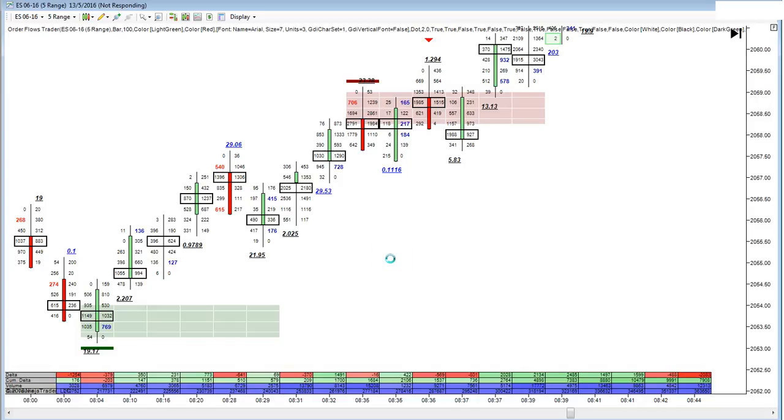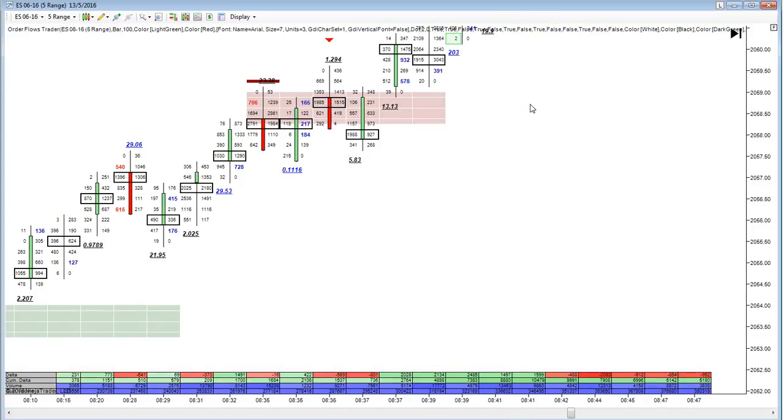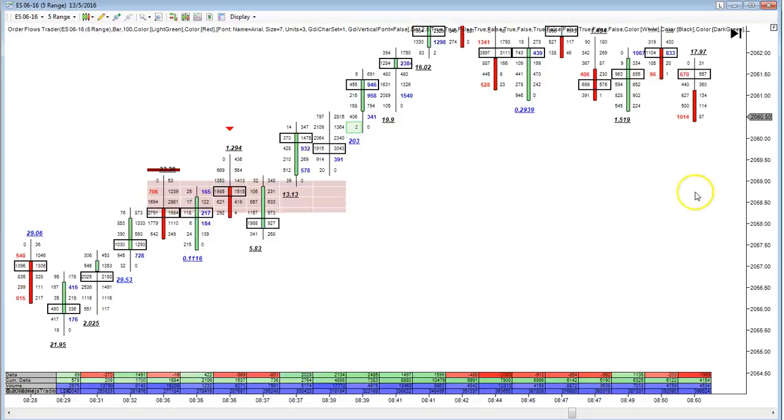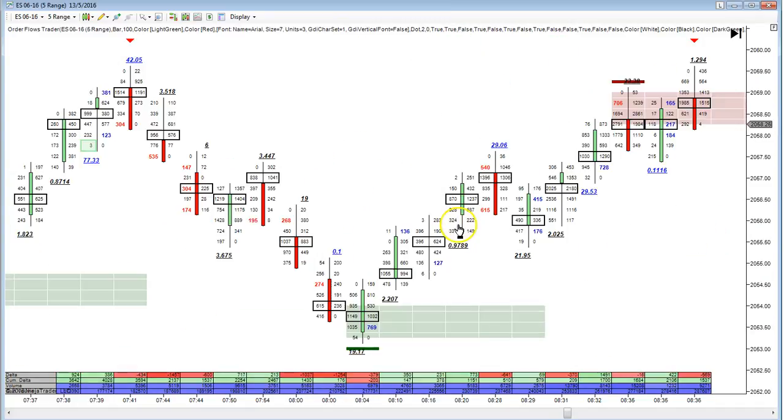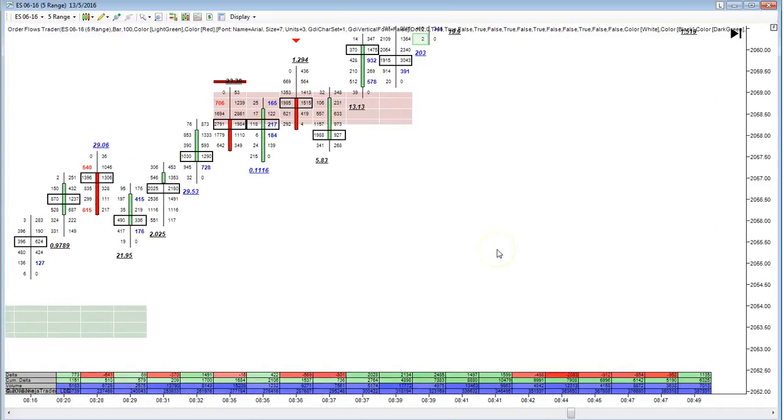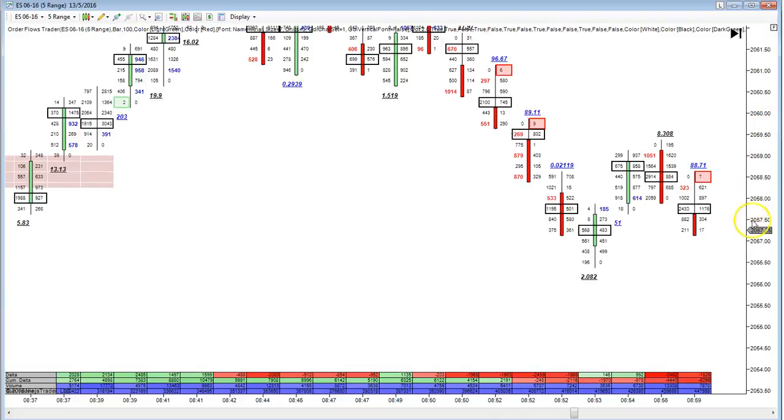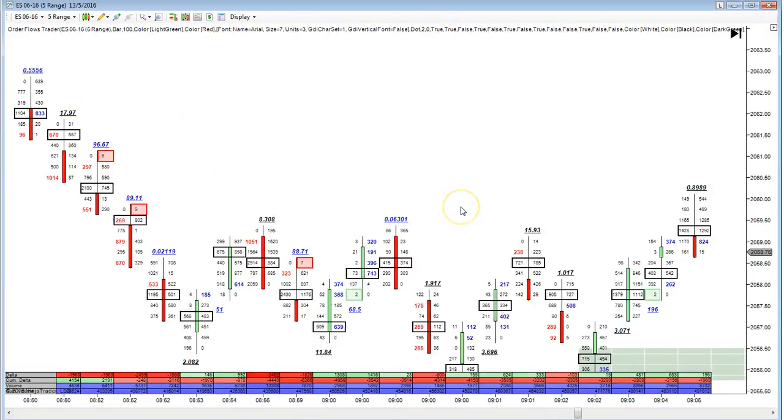Okay, hang on here. Again, what you're looking for are these areas. You don't have to use these zones drawn out. I have them here so it's a little easier to see in this video. My computer's acting up because I have a lot of charts running on my screen. Okay, so there was no sell up here. Let's see. So we came back down,